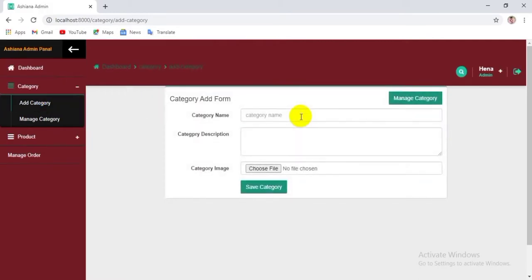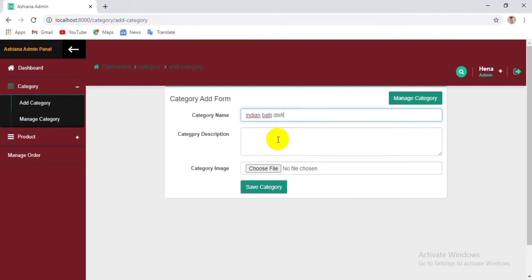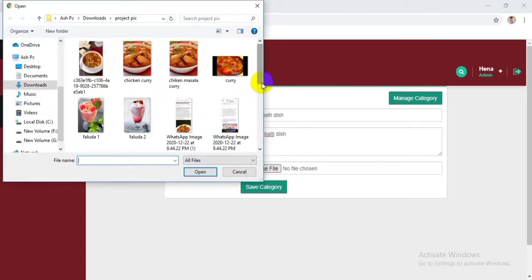Now we write the category name. Select the picture of the Balti dish.